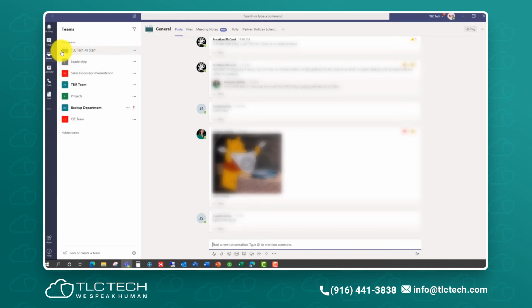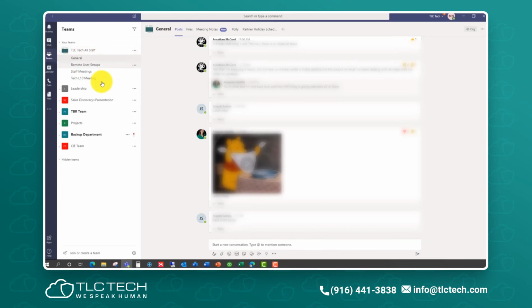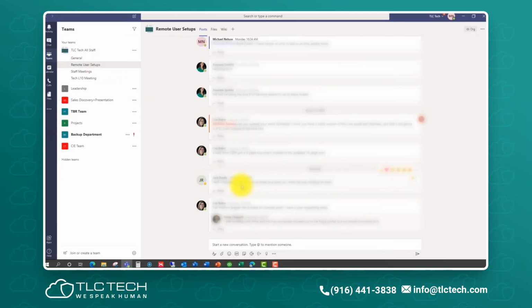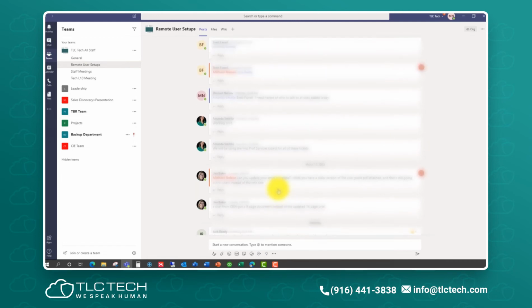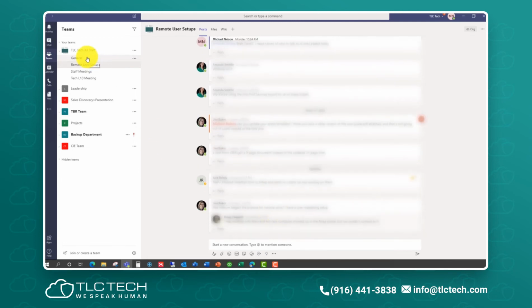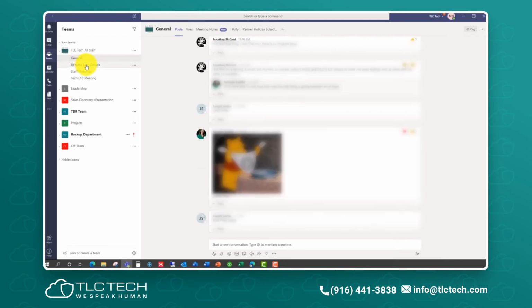Now, you'll see, this is the team that we have. Within the team, we have channels. So the general channel, everybody's communicating in that. We've been doing these remote user setups. That's a fewer of us, but we're typing things in here that we need to get across, but we don't need them to pop up a message immediately. So again, when you're in the chat and you type something, that'll pop up a little message, a little number on the other person's chat saying that they have a chat that they need to pay attention to. If somebody posts something in this channel, I'm not going to see that